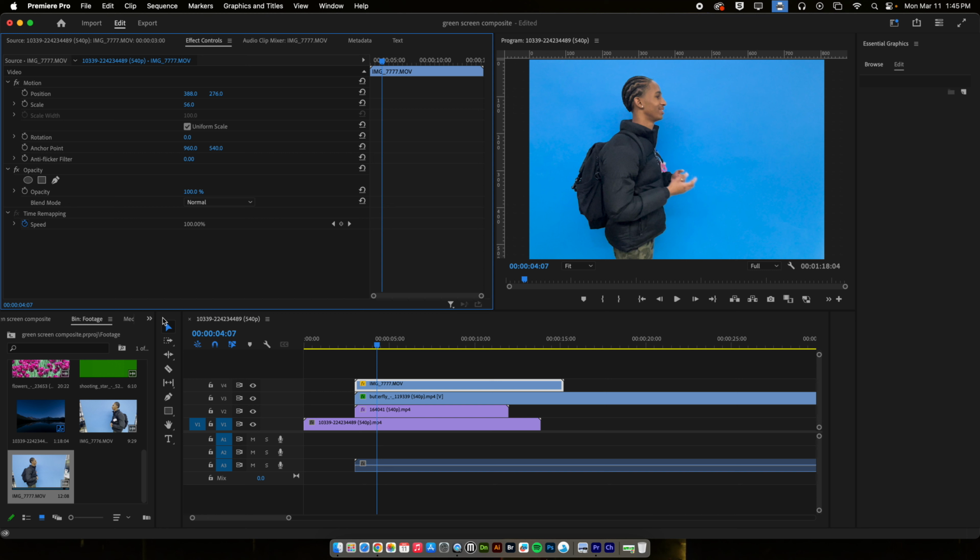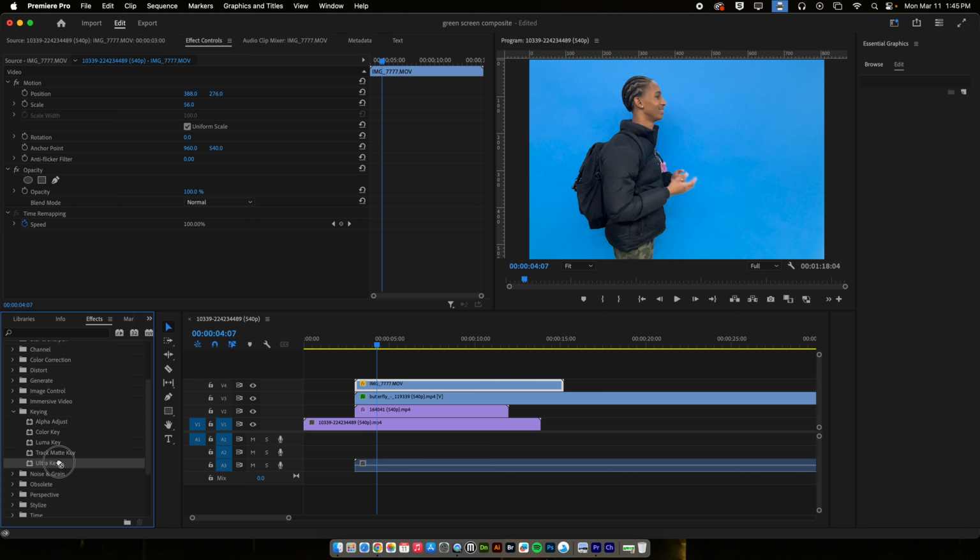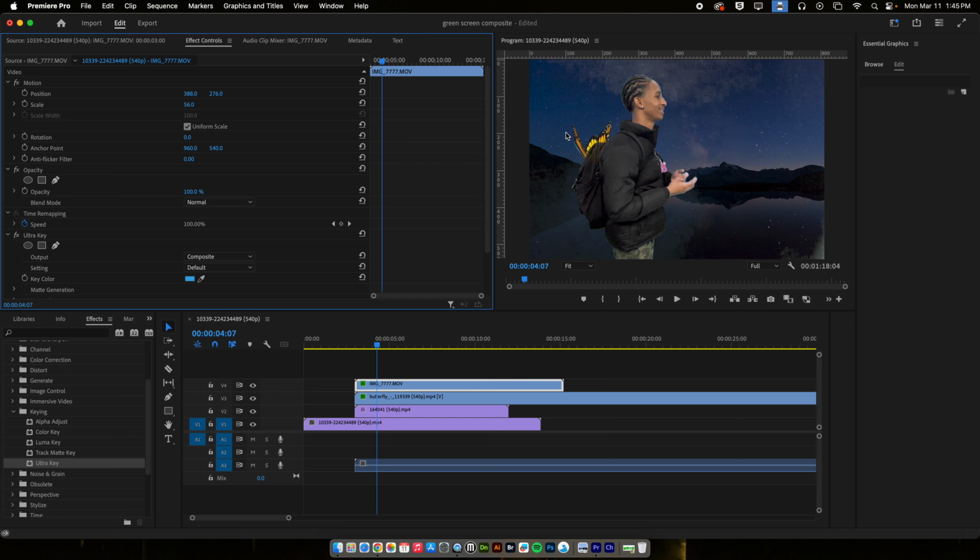And then I'm going to use that same Ultra Key. I'm going to go to the corner. I'm going to go to effects, down to Ultra Key, drag it onto the clip of him. Once I drag it on there, there's that Ultra Key that comes up under my effects, right? Take the eyedropper, click on the blue, and there he is. And if I played it back,